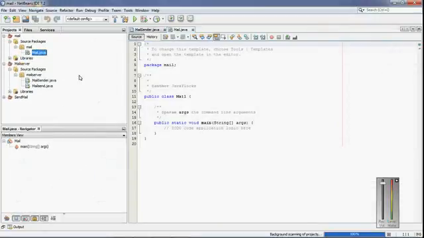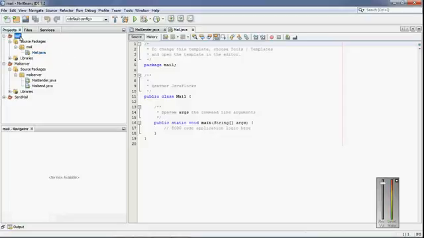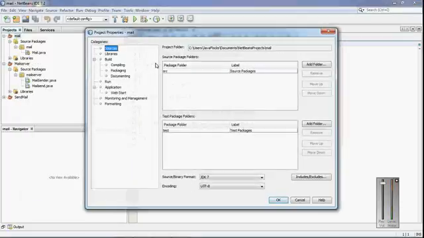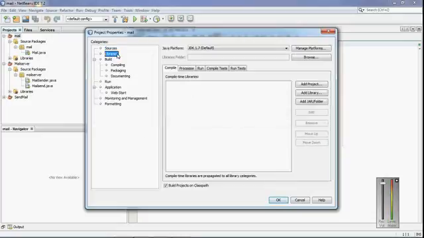After this, you have to include the library in your project. So that's your project, the mail. Right click on the project, then go to Properties, and a dialog box will open. Then click on Libraries, then add the jar files from where you copied them. So we are clicking here on Add JAR/Folder,